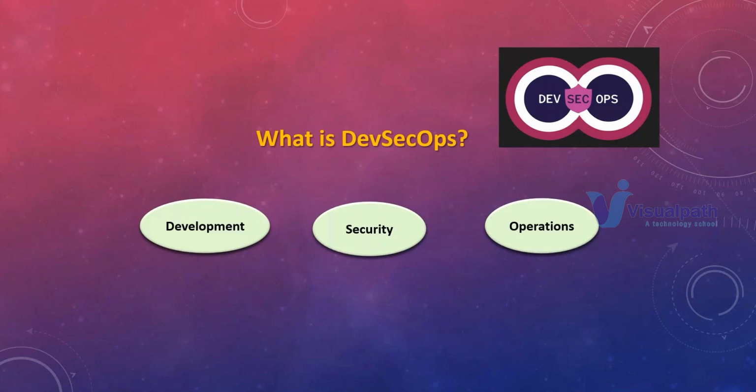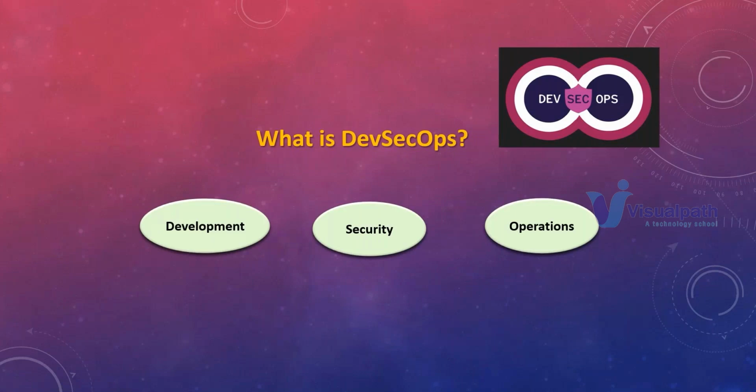So you need to know how to deploy the code, how to fix the issues of any code deployment, and you need to know how to monitor as well, the environment that you have created or the application that you have deployed. So that is the job role of the operations team. Now together it is called DevSecOps. So you need to know development a bit, security a bit, and then operations.